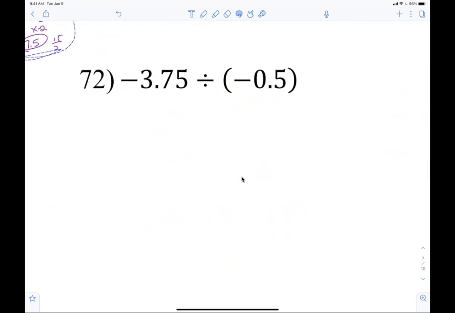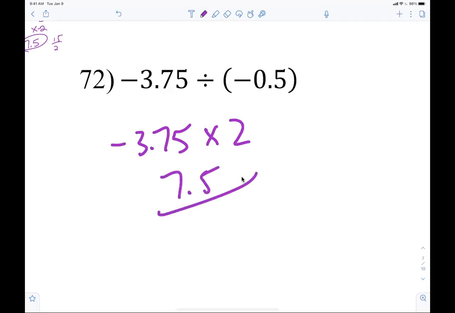I need you to be able to tell me division is the same as multiplying by the reciprocal. Are you having trouble with 0.5 being 1/2? No. So what's the reciprocal of 1/2? 2. Right, so I'm just literally multiplying those numbers by 2. Oh, you're doing negative 3.75 times 2. And I would just expect everybody to say, I know 75 cents times 2 is $1.50. Yeah, so 7.5. And since they're both negative, that's why it's positive. Okay.